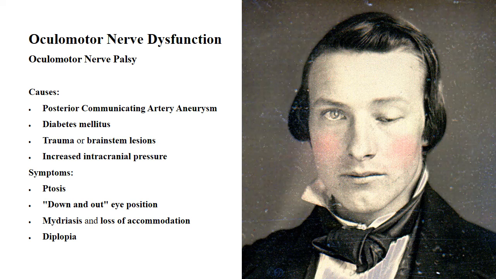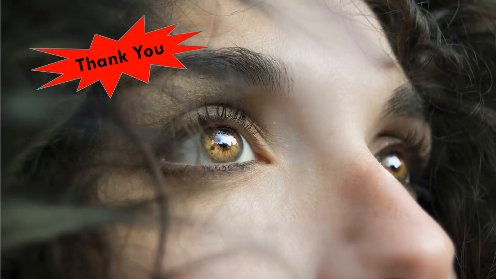So, the oculomotor nerve is essential for coordinated eye movement, eyelid function, and pupil constriction. Understanding its origin, course, and function is critical for diagnosing neurological conditions such as oculomotor palsy, aneurysms, strokes, and brain herniation syndromes. In the next part, we'll continue with the other cranial nerves.